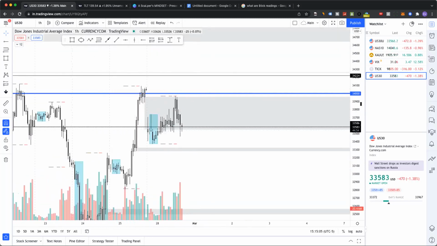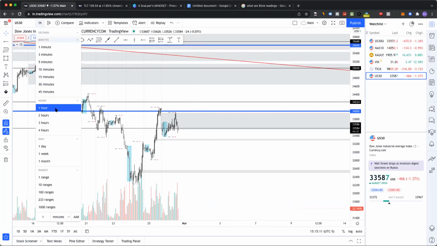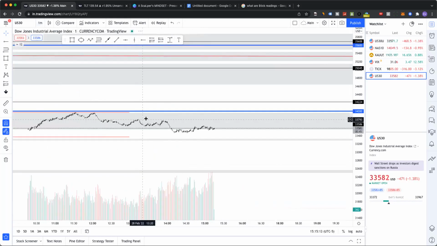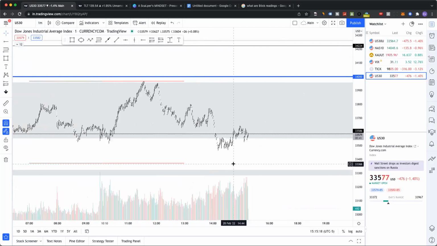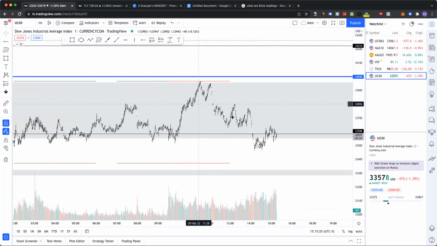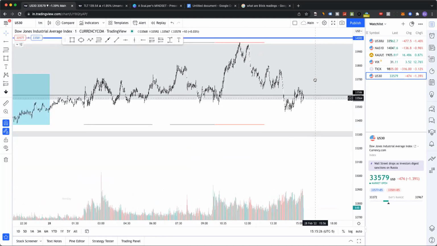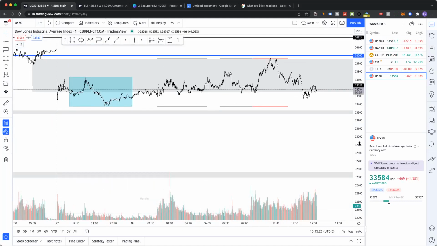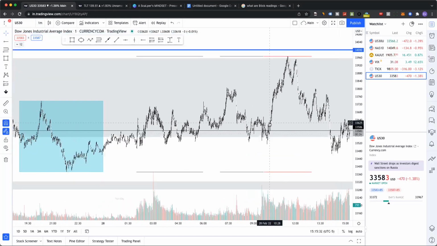Okay. After I have all that set up, after I have my DM levels, my QM levels, my SNR levels, I can stick on M1 and just start trading off of it. Okay, I understand that I have a DM level below, I have a liquidity void up here, or gap, however you want to define it. I have a support and resistance level up here. I have something down there. So these are areas that I'm looking to trade from.